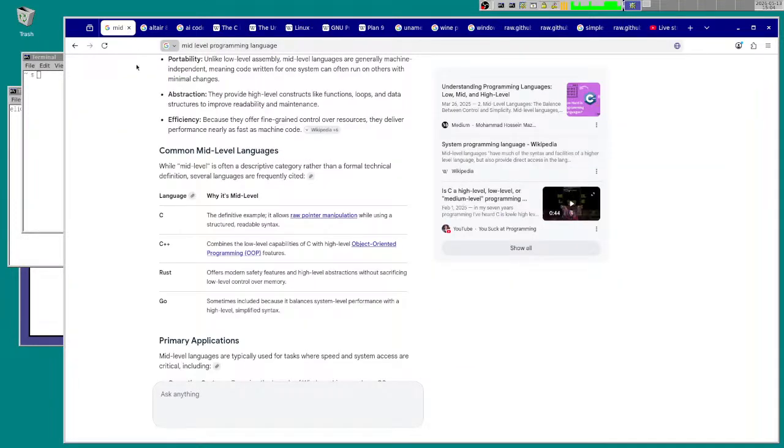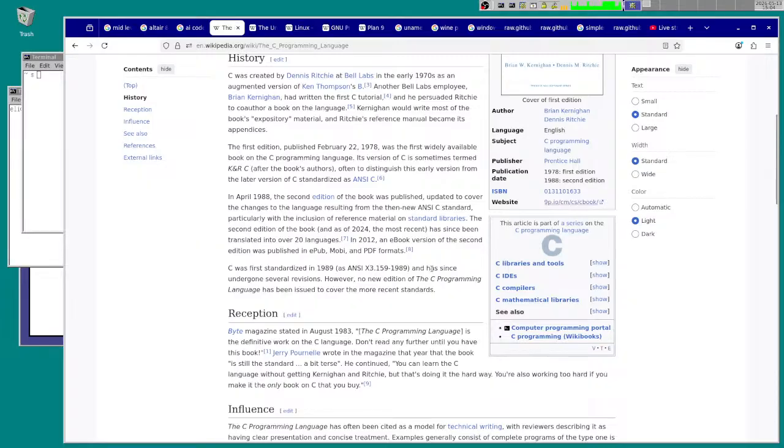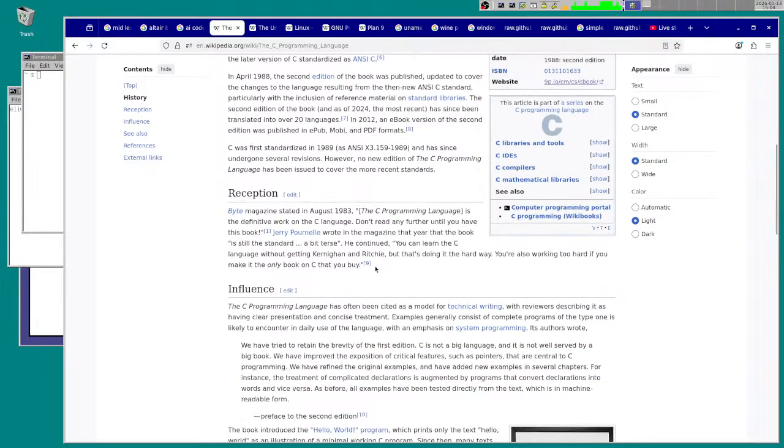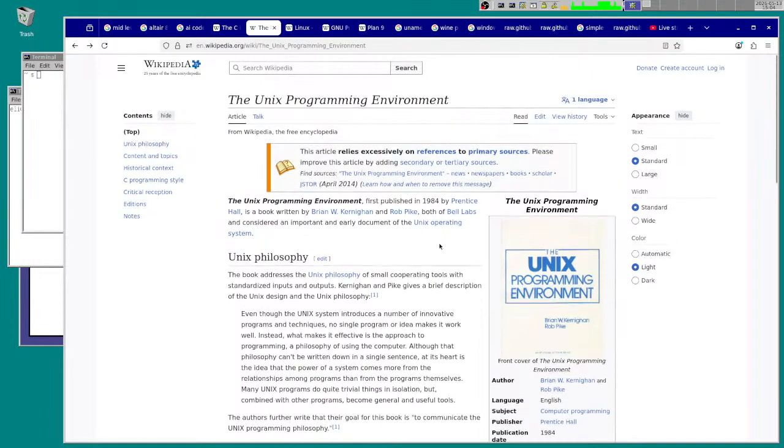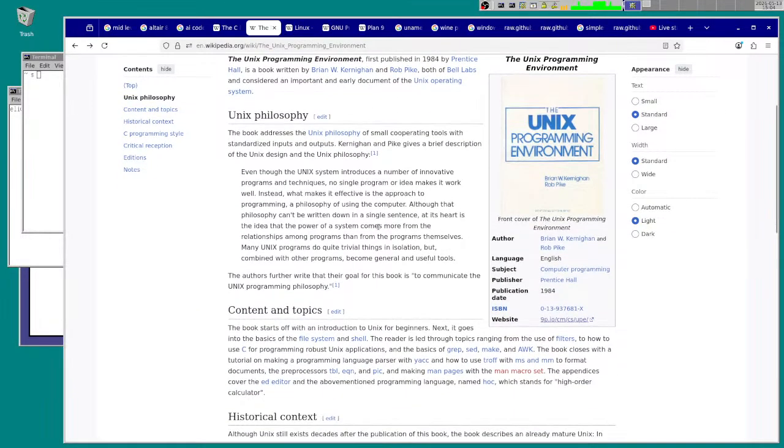The C language is the definitive example of something that is not machine code, but it's barely more than machine code. It was made for the Unix programming environment, the Unix operating system.